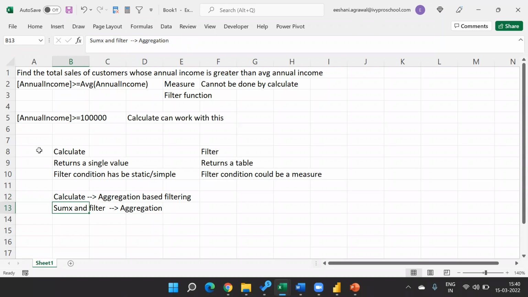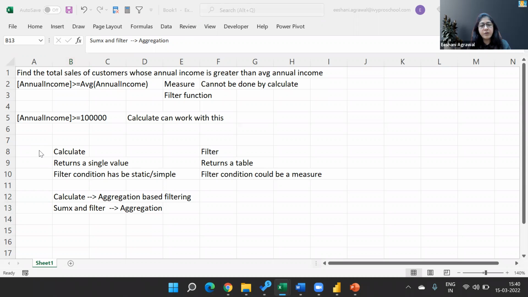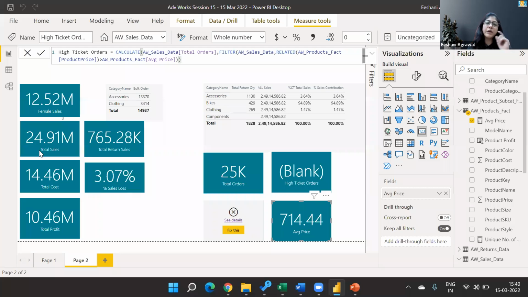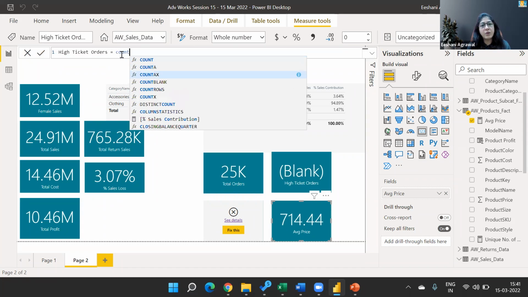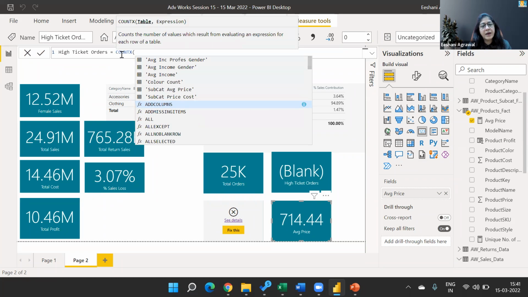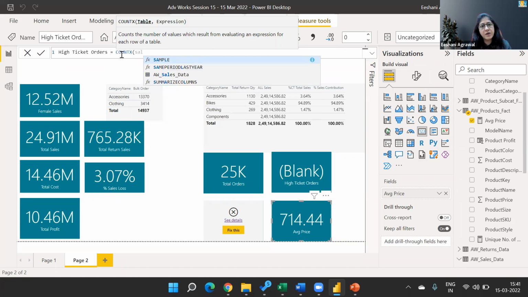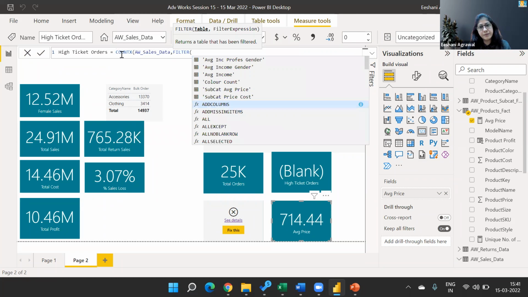Got it. Okay. So basically what Gunjan is asking is, when we do FILTER, why don't we use this thing now that we are discussing it? Why do we use CALCULATE? Let's say, why don't we use SUMX over here? COUNTX, no. If I use COUNTX, which table do we want to count? We want to count on the table of sales. And comma, what is the expression? Expression is I want to filter